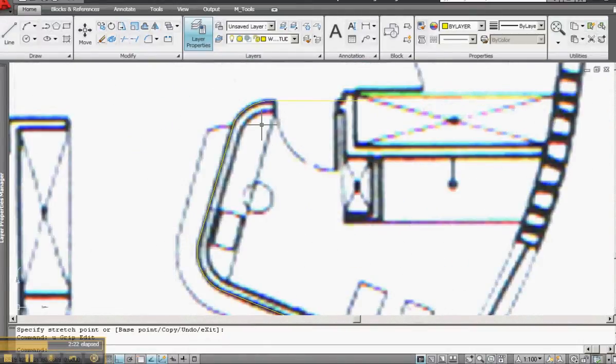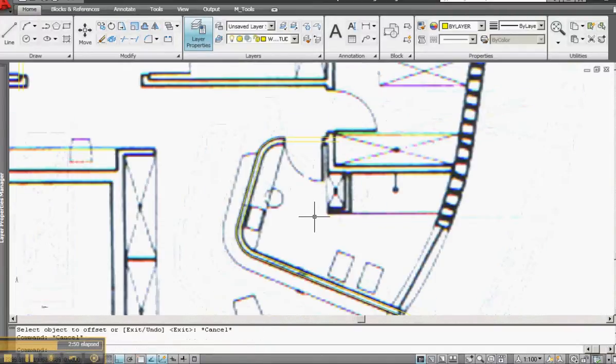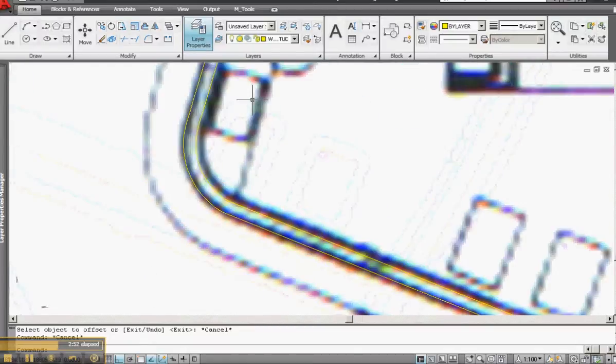And then, so this is going to be a wall, it's a stud wall, so it's probably 10mm of plasterboard, 90mm stud, and then another 10mm of plasterboard, so we'll round that off to 100. And then I'll O for offset, or you can use this button up here. Select that, tell it which distance to offset, which direction rather, and then click in here. Now we've got that wall, it's offset,